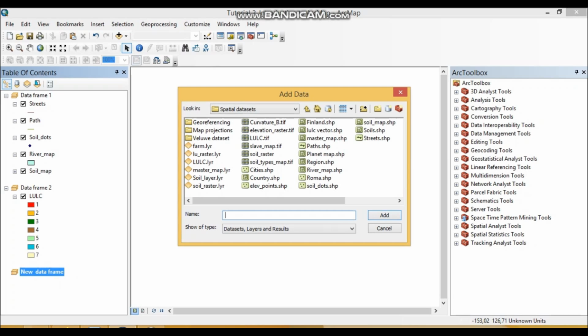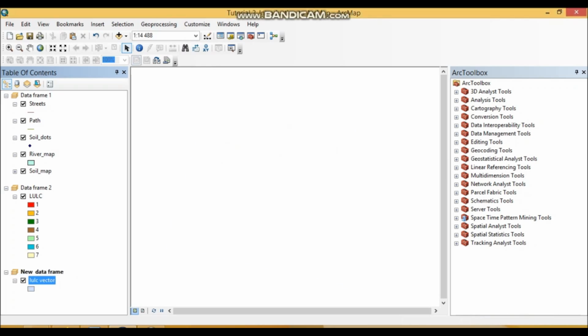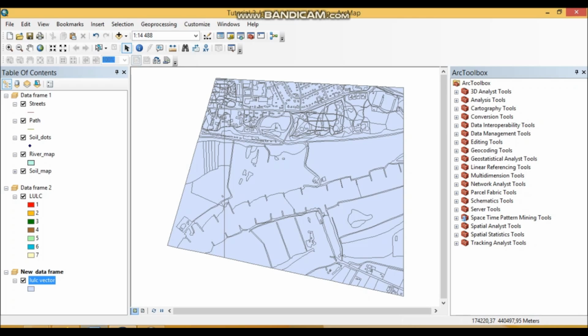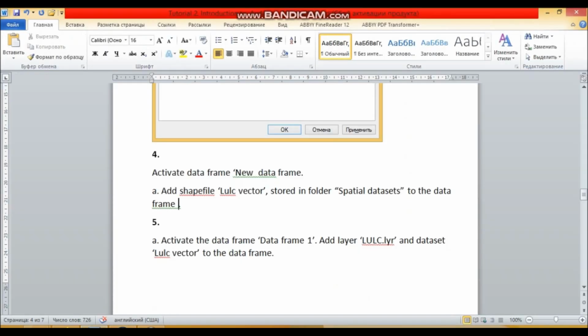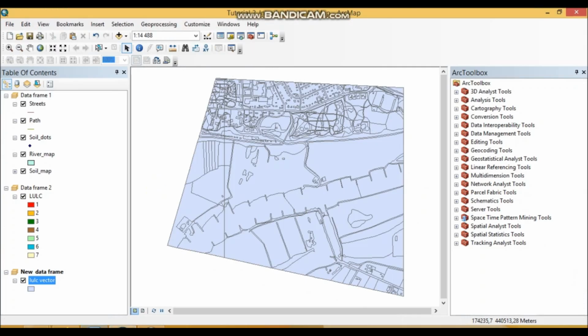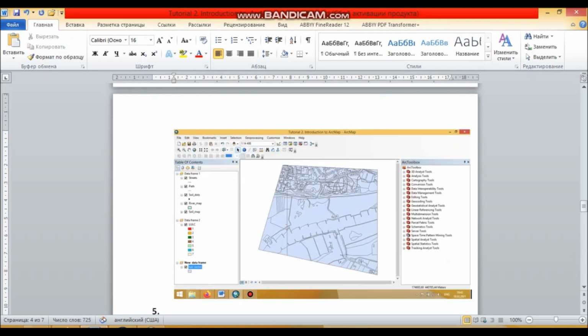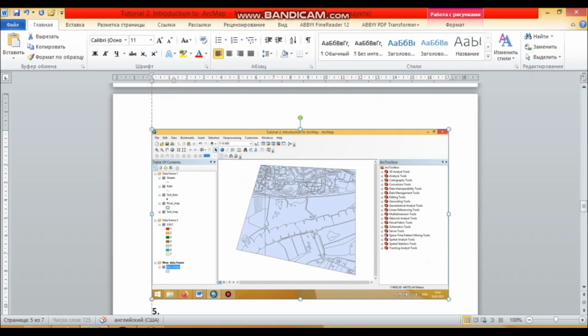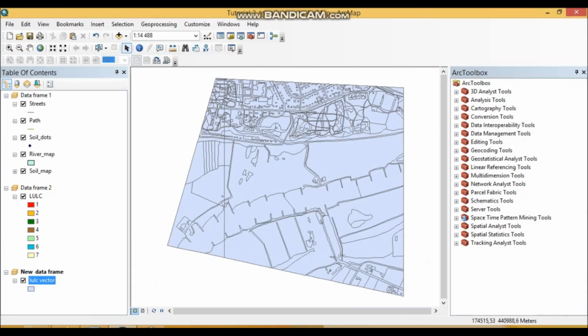So LULC vector, here is our vector dataset. Now a new dataset within a data frame is added, and we can work with a new dataset and data frame. Why do we need a new dataset and data frame? While working on huge projects with ArcMap, you will understand that making a compilation of datasets within a certain